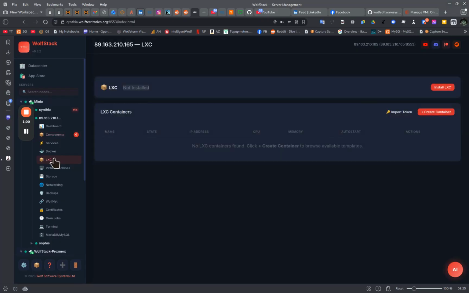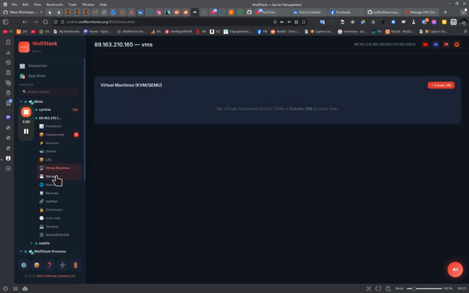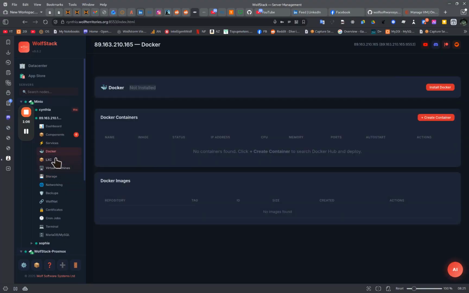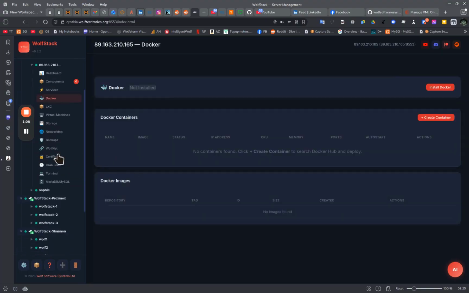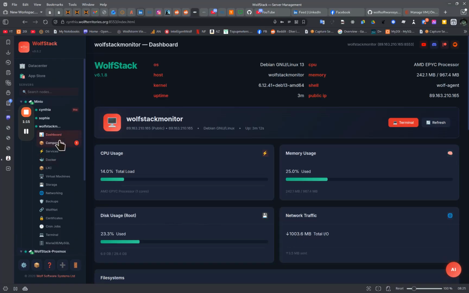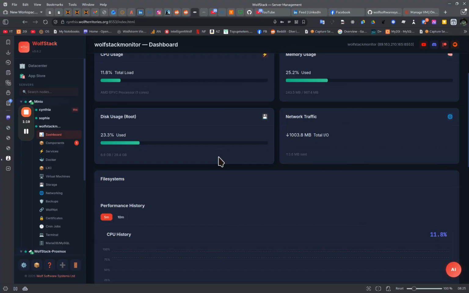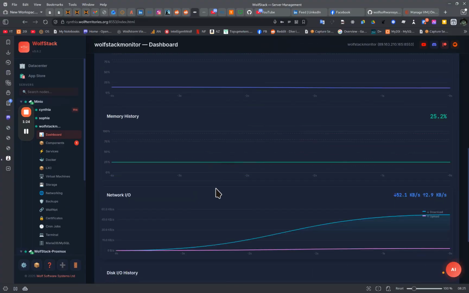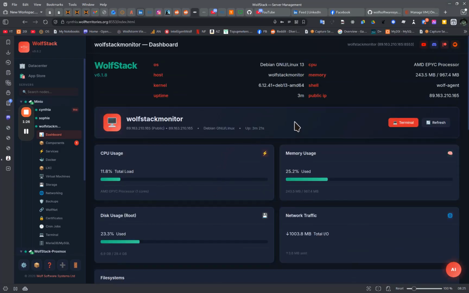You can see it actually hasn't got any LXC containers or virtual machines, and it doesn't have Docker installed on it. However, it is just a little tiny Wolfstack monitor, so it doesn't actually do anything. It's got no memory. It's got hardly anything. Let's see. It's got a meg of RAM. It's got one core. It's a tiny little monitor